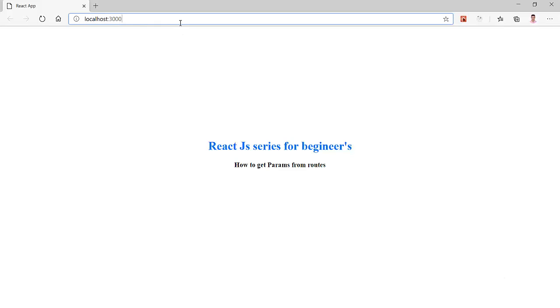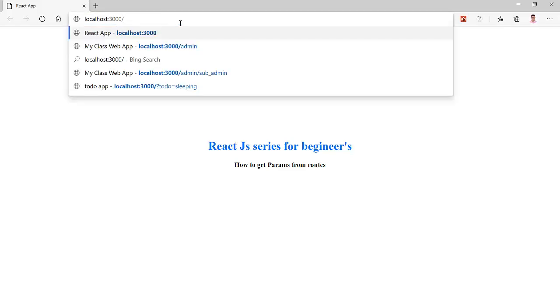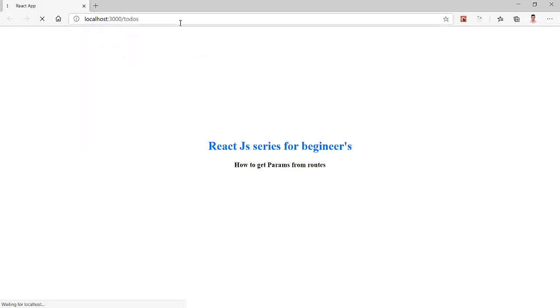So now see what a route is here. Like here is our to-dos. So to-dos, this is our simple route here. So first of all, I will create the routes and tell you what a route is, and then we will create our parametric route. So you will see the difference.